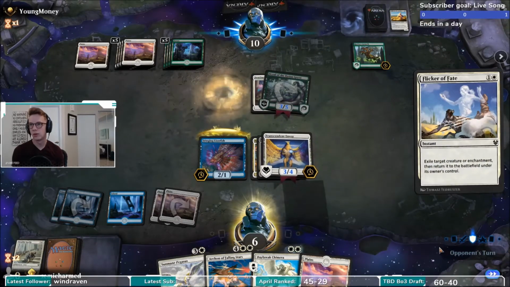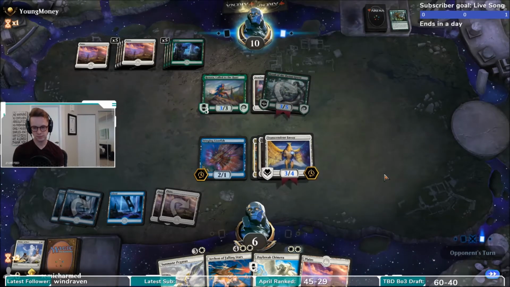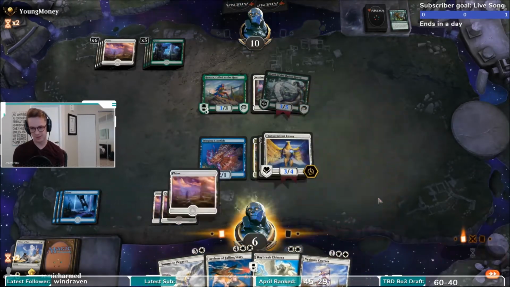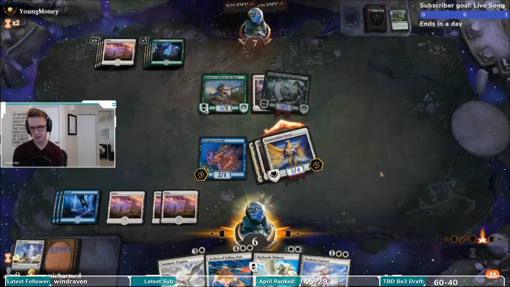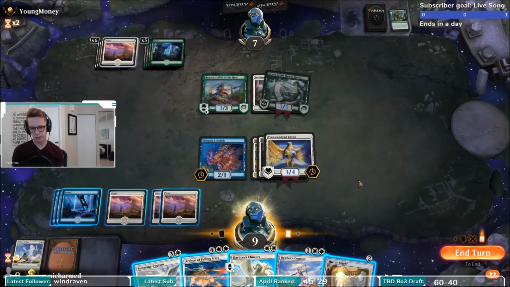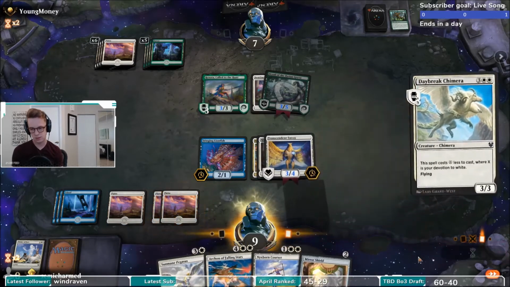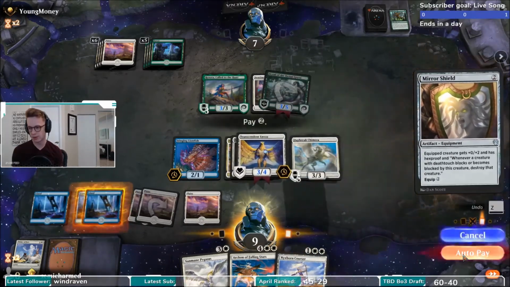Okay, sweet. So this kind of deals with their Hydra's Growth creature. We're doing the thing here. Let's attack for 3. So we can Mirror Shield. I think we're going to Mirror Shield the Envoy and play Chimera this turn. And they've got nothing right now, so...